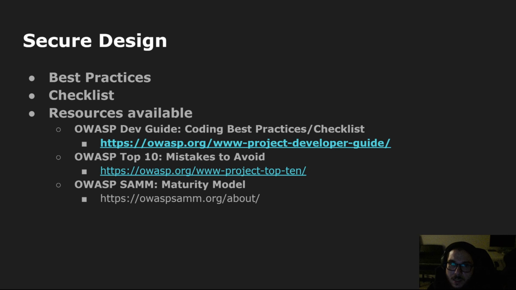There's some really excellent resources out there. They're open source, they're free, they're made by people way smarter than any one individual, by a dedicated group of folks who came together to write these things. They have prescriptive security best practice guides, architectures, models, frameworks available. I'm talking about OWASP, Open Web Application Security Project. We've probably all heard about OWASP. They have very well thought out, well respected documents.